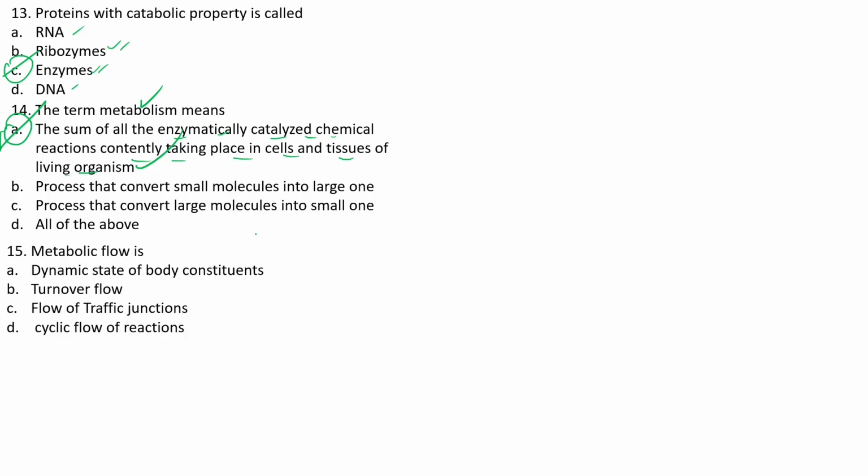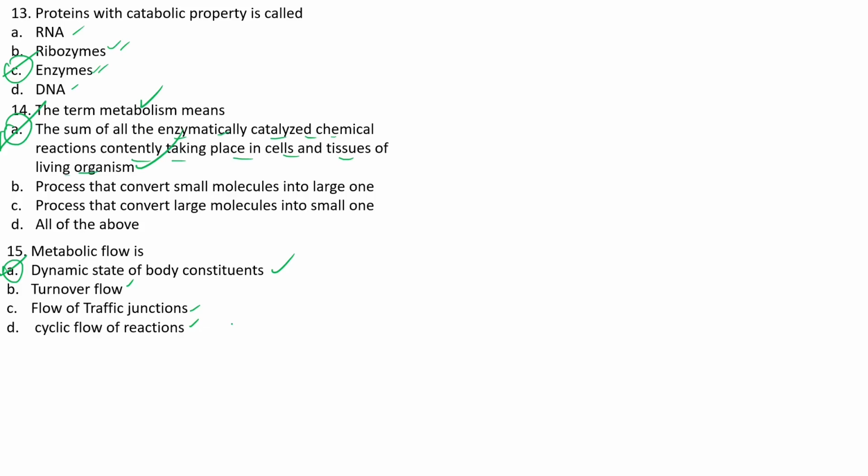The next one: metabolic flow is the dynamic state of body constituents. Turnover flow, flow of traffic junctions, cyclic flow of reactions. It is mainly the dynamic state of body constituents, right? So we have discussed that the metabolites will be constantly moving from one kind of metabolic pathway to another type of metabolic pathway through a kind of traffic junctions, and there is no traffic jam occurring at any moment